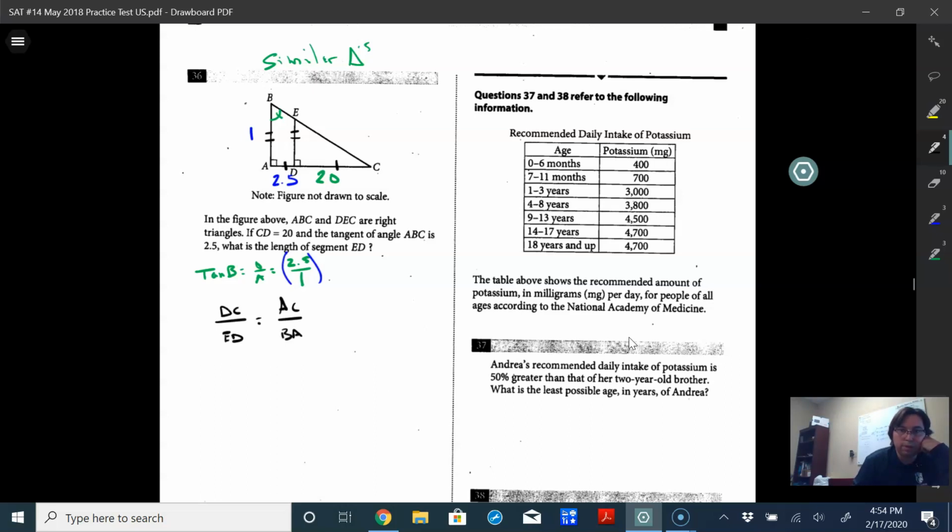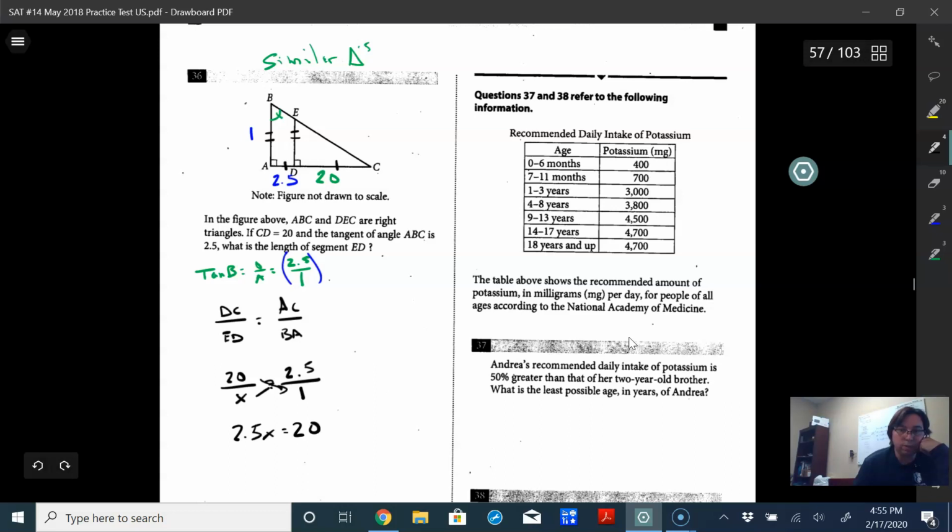And from there, we know that DC equals 20. We don't know what ED is. AC is in ratio of 2.5, and BA is in ratio of 1. So those are known values, right? That's what we have. And so there we cross multiply and divide. So now we have